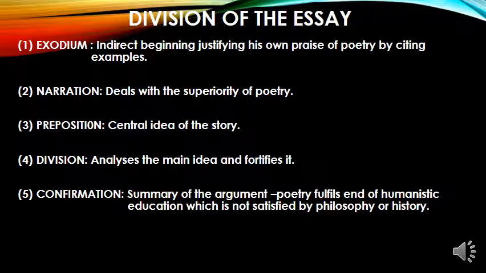And the fourth one is division, where in this part the main idea is being further analyzed with examples. And the fifth part was called the confirmation. Of course, that's the conclusion of the entire essay, wherein it's a summary of the argument plus